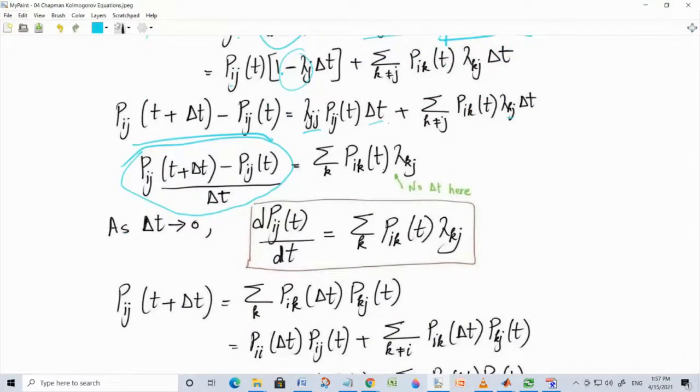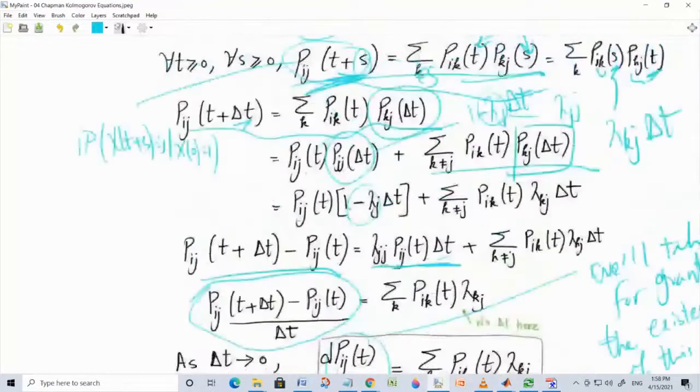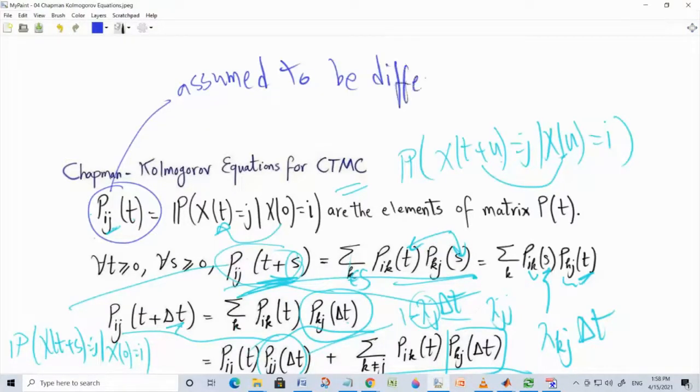And on the other side, again, the isolated term can be brought back into the summation, and so here again we will take for granted the existence of this limit or of this derivative. Okay, we will assume that those probabilities are differentiable. So let's also write it here, that they are basically assumed to be differentiable